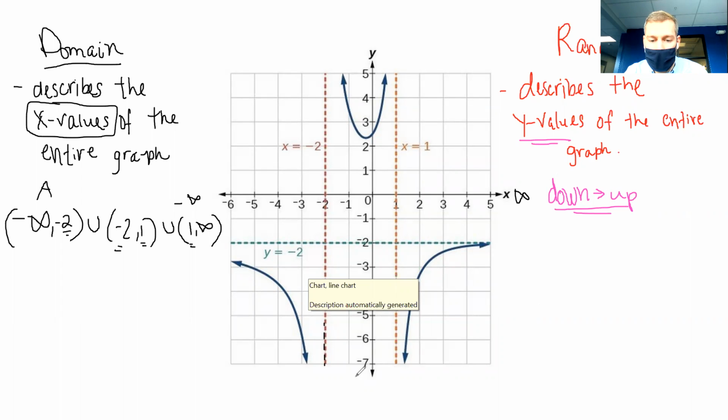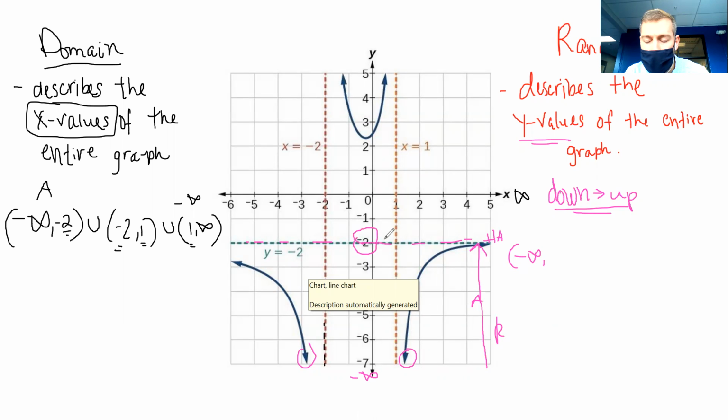So let's look all the way at the bottom of our graph. The bottom of our graph is negative infinity if it keeps going, and we can see that this has down arrows. So clearly this graph is going to go all the way down to negative infinity. That's the first y value we'd use, all the way down. Then as we work our way up for range, we're looking at all the y values. Our graph is good, our graph is good, until we get to this point right here, and this horizontal asymptote stops any upward movement. So we're starting at negative infinity and we go all the way up